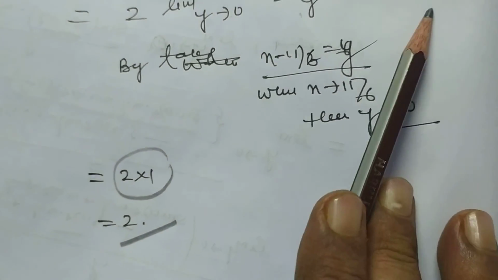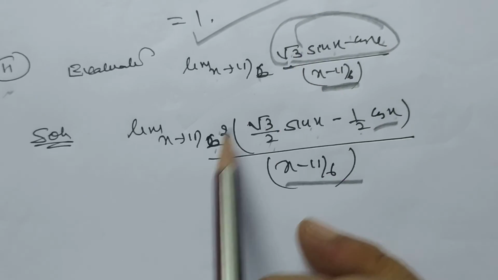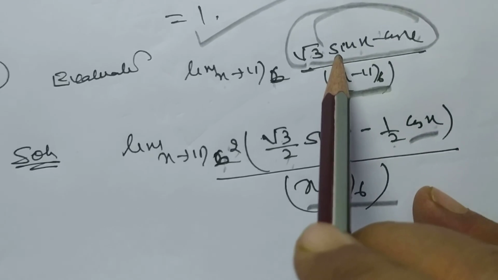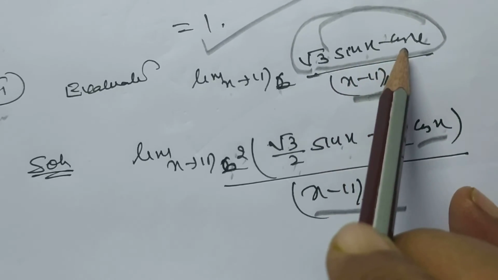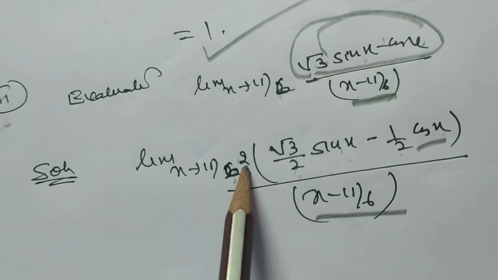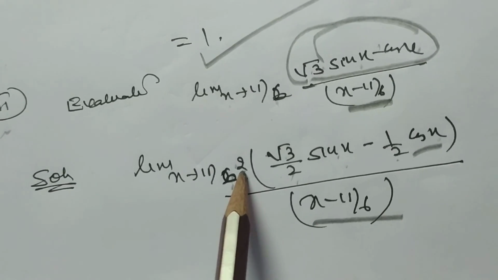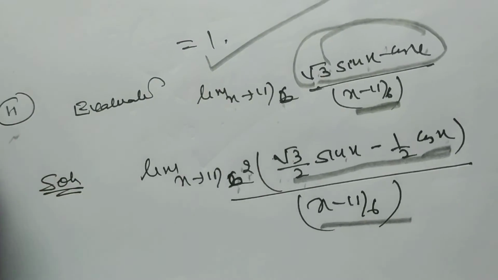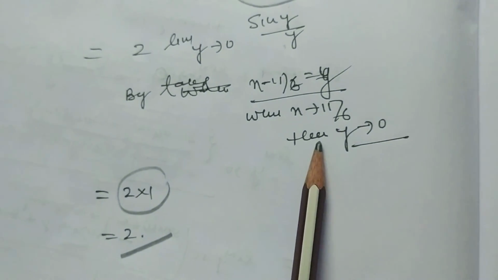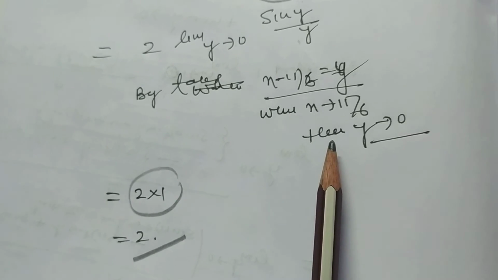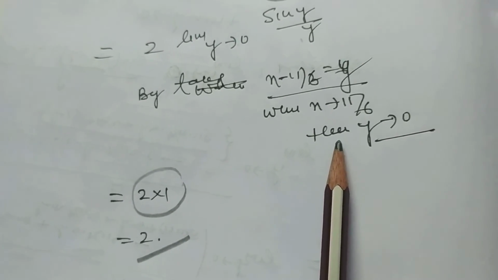My dear students, this problem is very, very important. You must solve this problem again and again, because here we take 2 common for a purpose. What is the purpose? The purpose is that we change it into the combined formula, the compound formula you say. That's why we take 2 common here and write it in the form of the combined formula. Now I hope you have followed me, and after doing this problem frequently, I hope you will be able to solve this problem in the examination. Thank you very much.